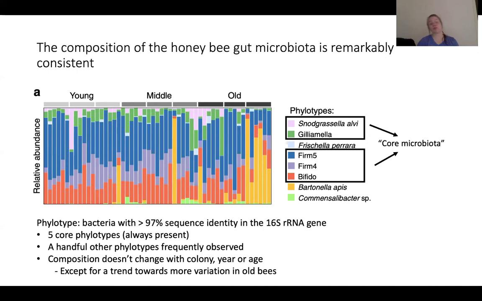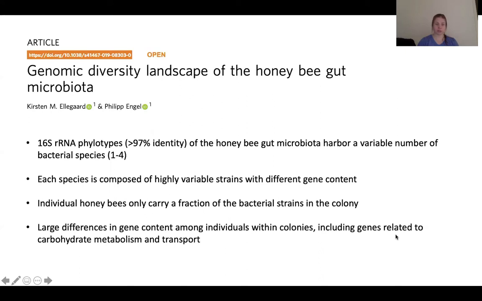However, we also know that the bacteria that belong to the same phylotype actually show some very big differences at the genome level. I'm not going to go through the results of this study here, just going to mention some highlights. So we did a metagenomic study in which we analyzed the community composition in a lot of detail. And one of the things we found was that these phylotypes I just showed you actually correspond to several different bacterial species. We also find that each of these species in turn have many different strains,